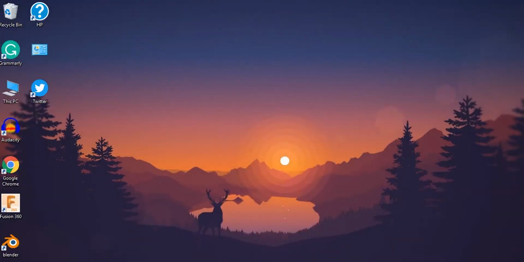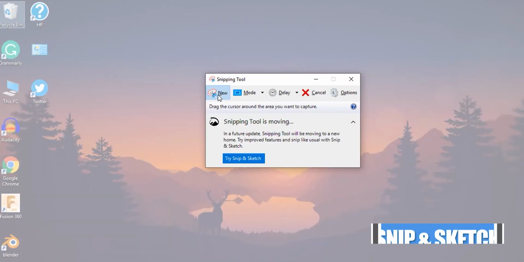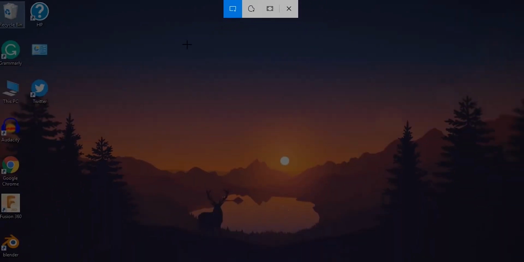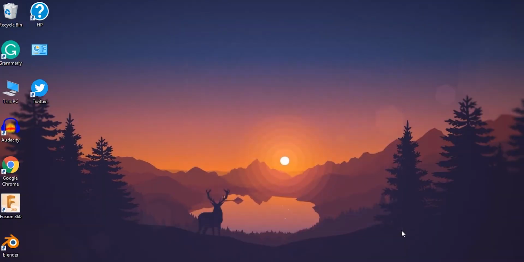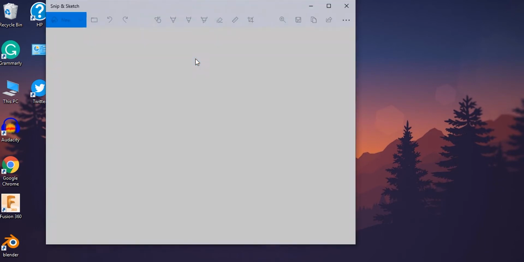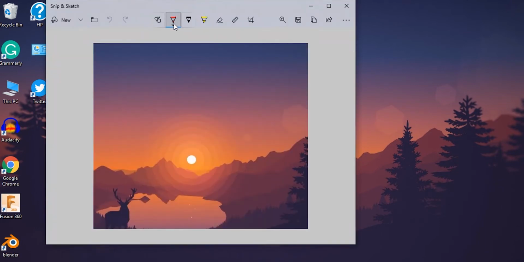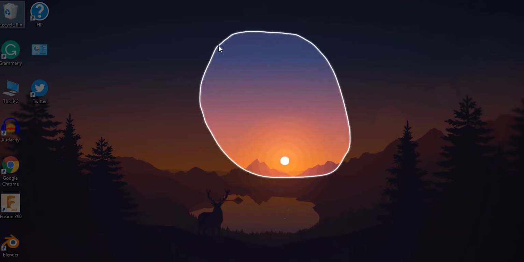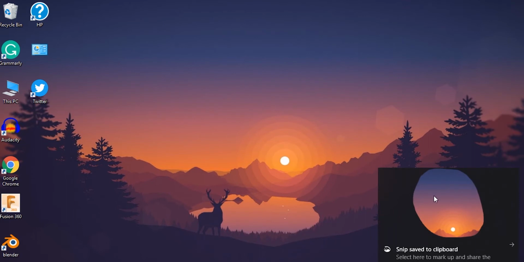This is for people who use snipping tool. Actually, Windows provides an inbuilt screen capture. Just press Windows Shift S. Now there are three options on the screen: rectangle, freeform, and full. Press the first one and select the area you want to capture and it takes a snip of it. You also get color pencils and markers to show or highlight something in the snip. You also get this weird one where you can take snips that look like this. If you are into that, you can use it.